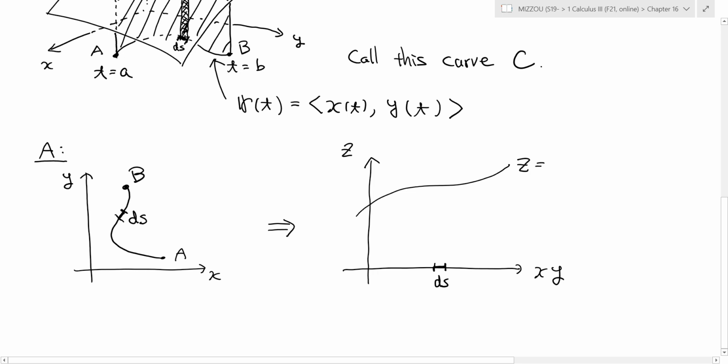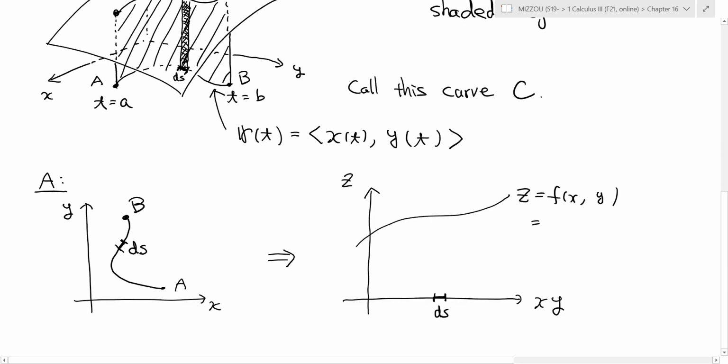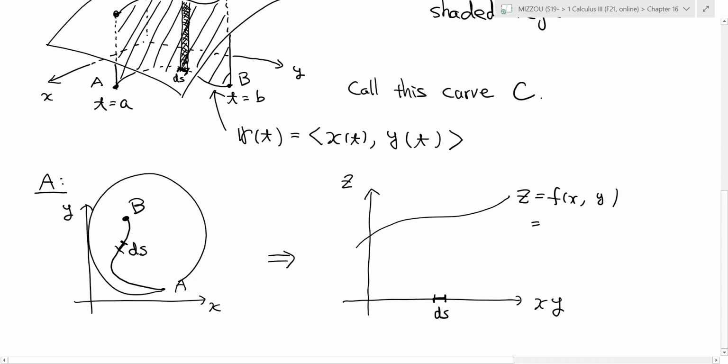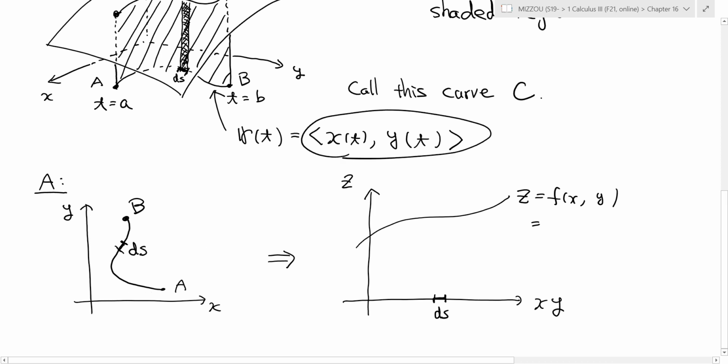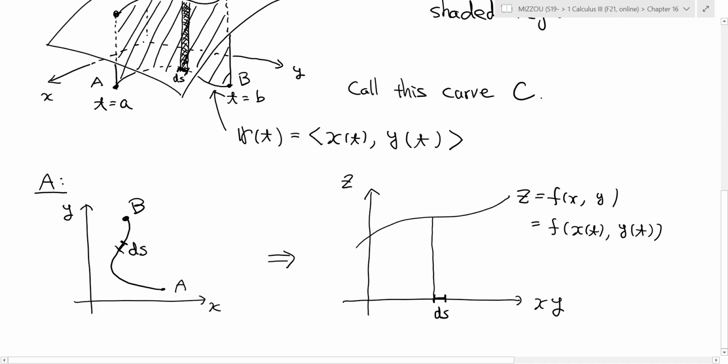This is part of z equals f of x, y, but it's a curve. It lies above the parametric curve given this way. So this is actually x component is x of t, and the y component is y of t. Okay, that's the curve. So it's parameterized by t. And then if you look above, you will see this thin slice. Okay. All right. Then the area of this slice